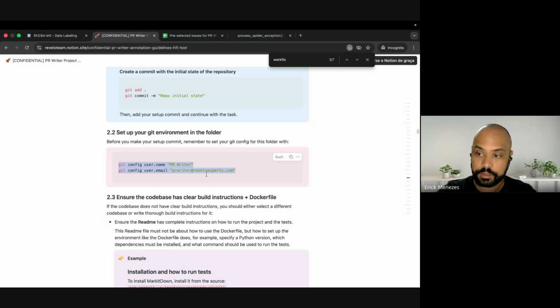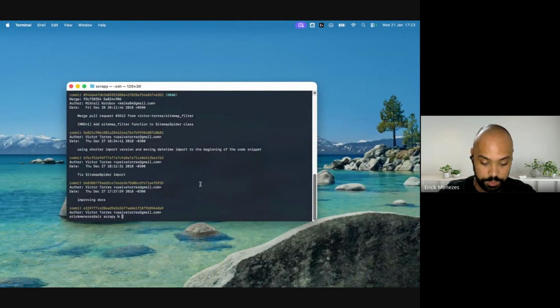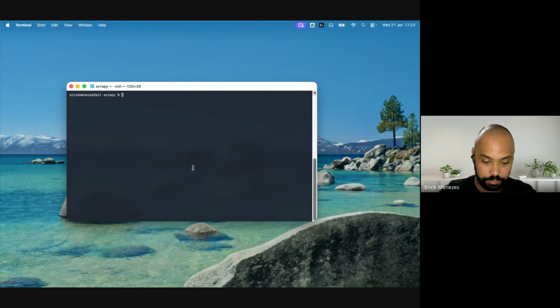All your commits that you make here have to use this email and this name. It's anonymized, so I'm going to use my terminal here.